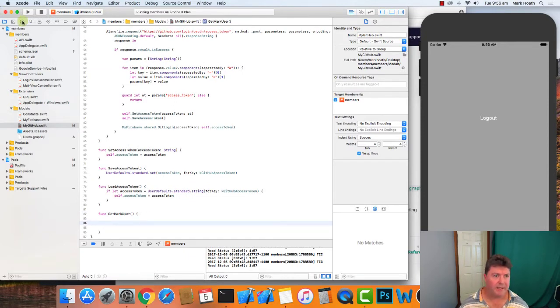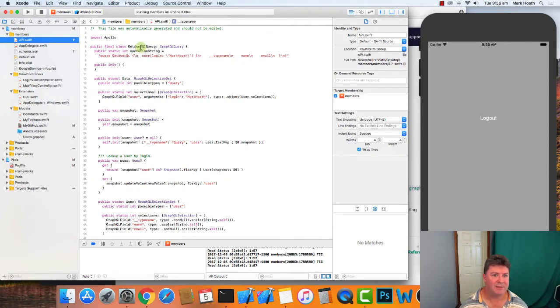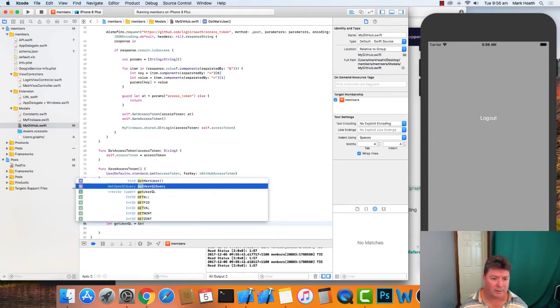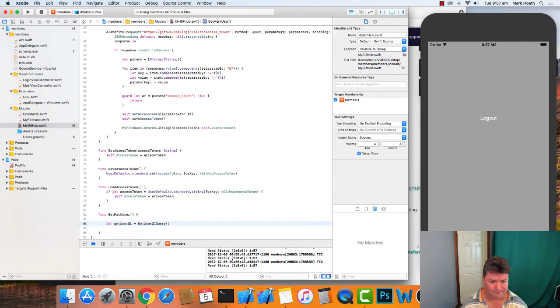Then we want to get an instance of this class, this getUserQLQuery. So we just go let getUserQL equals getUserQLQuery, and then